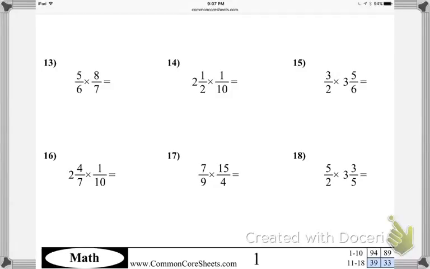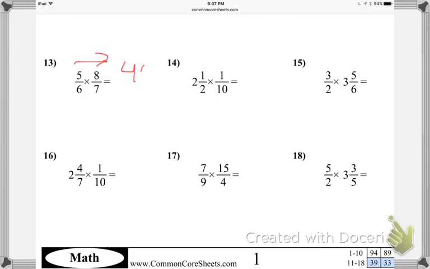Today I'm going to teach you how to multiply fractions. It's very simple. You multiply the numerator straight across, you multiply the denominator straight across. In number 13, I'm going to multiply 5 times 8,